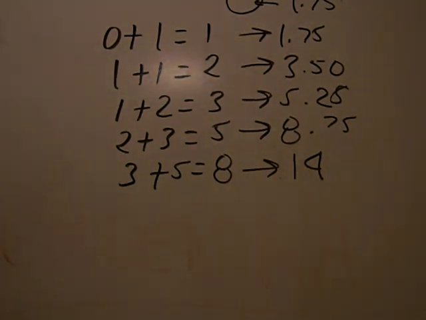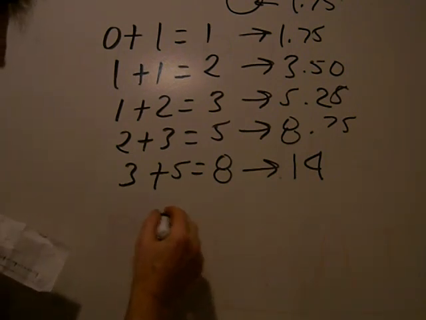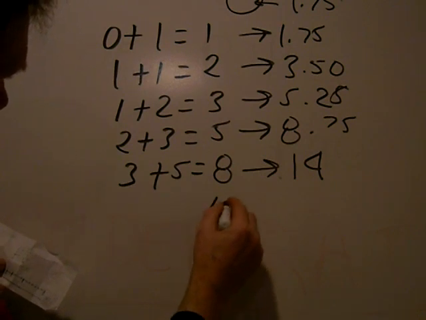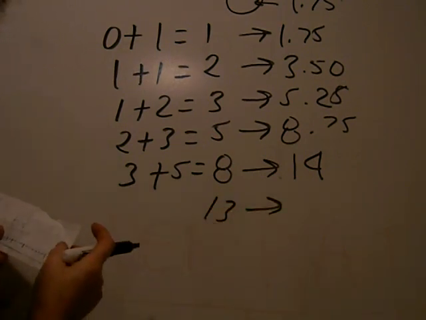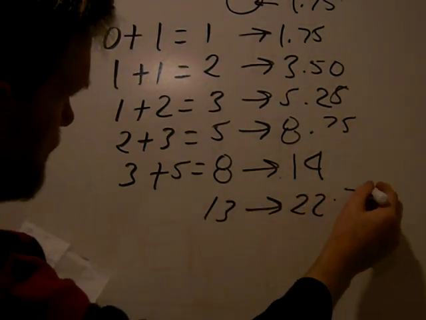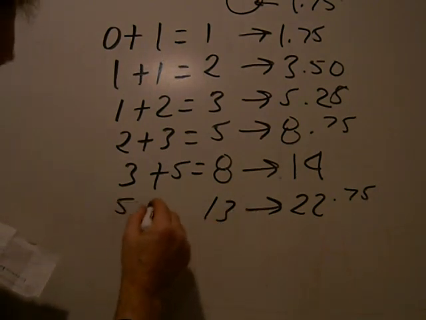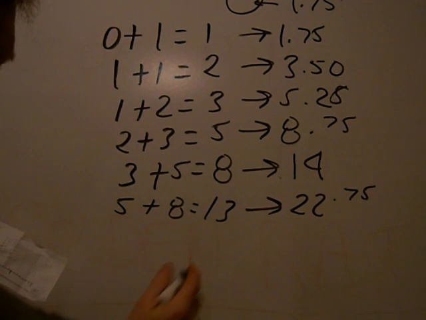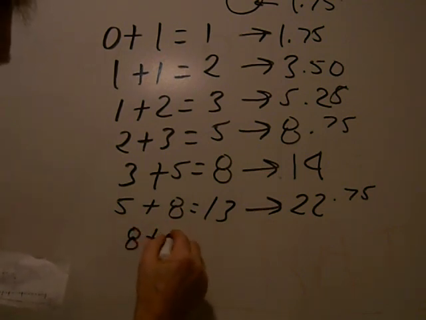Okay, 14 and one more. And 13, we'll go one more. 13 is equal to 22.75. So that would be 5 plus 8, and we can actually even go one more to 8 plus 13